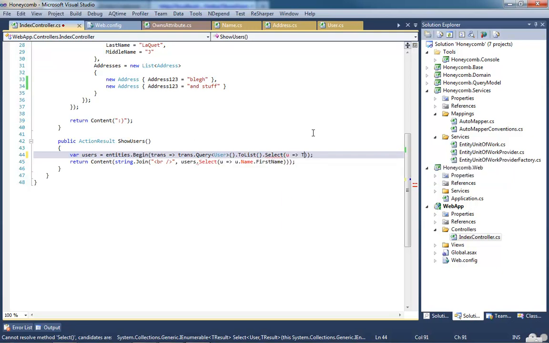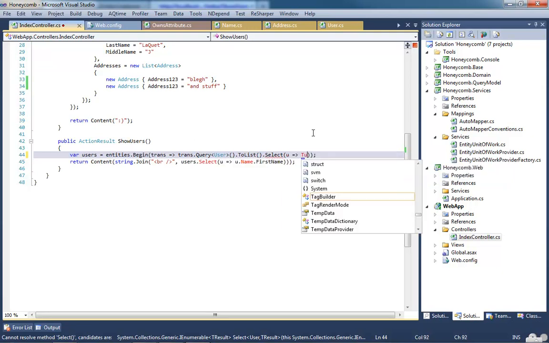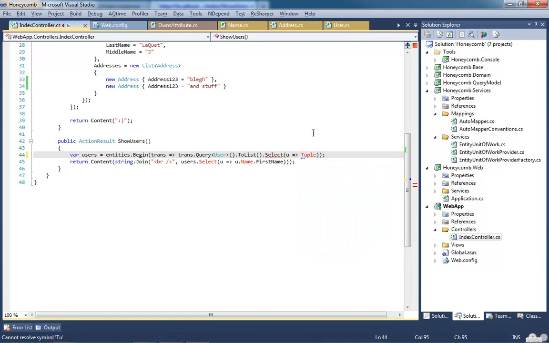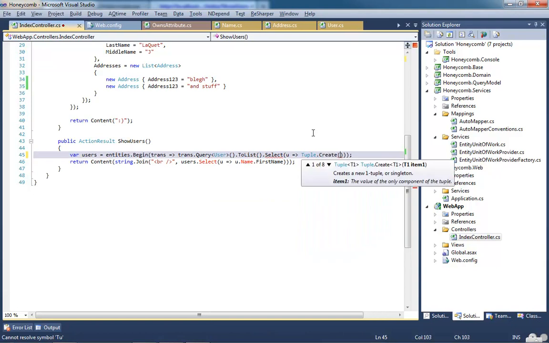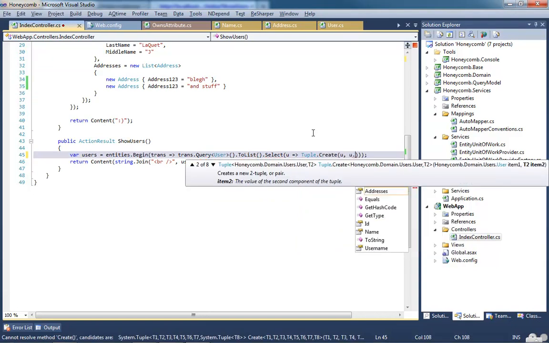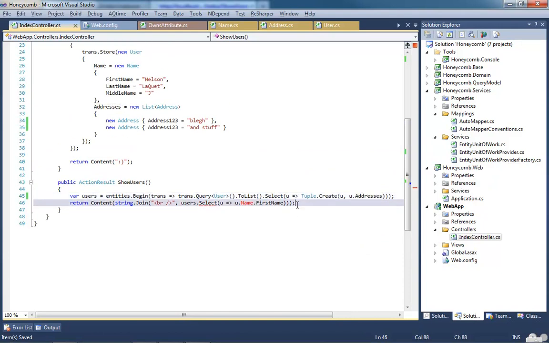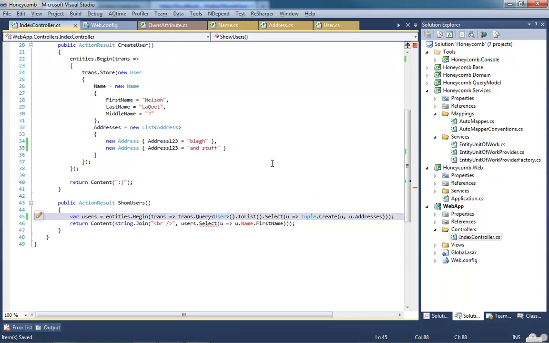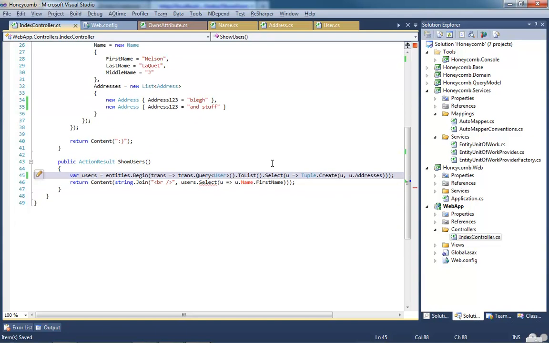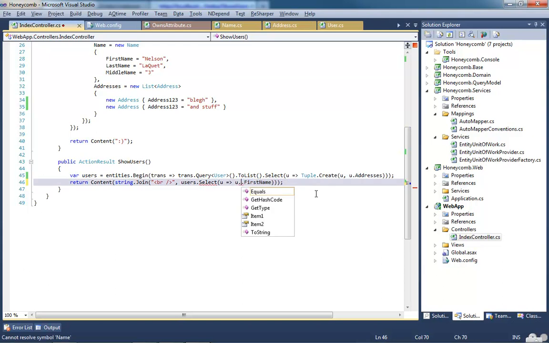We're going to come up with a better solution for this, but for right now, I'm just going to say toList, tuple, I guess is what it's pronounced as. Create u, and then u dot. How do you pronounce that, Zach? I'm not sure. Zach says, sound good. Yeah, it could be tuple, could be tuple. It probably depends on who you talk to. I haven't looked, honestly. Okay, so what I did was I created a little tuple thing with the user and